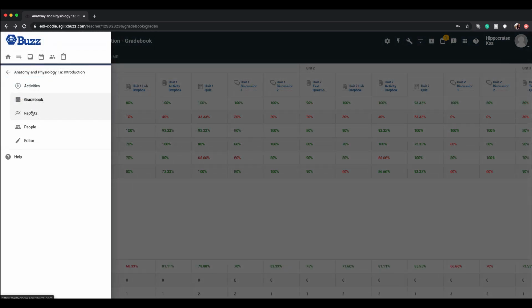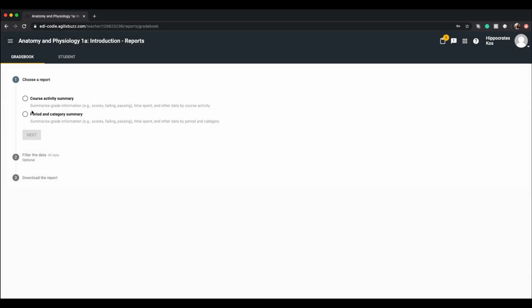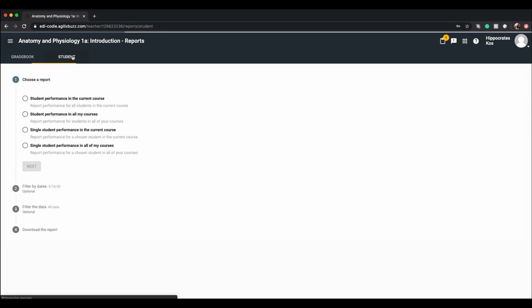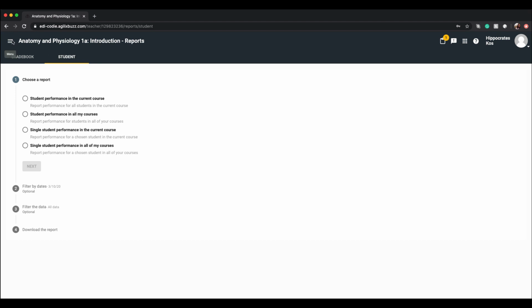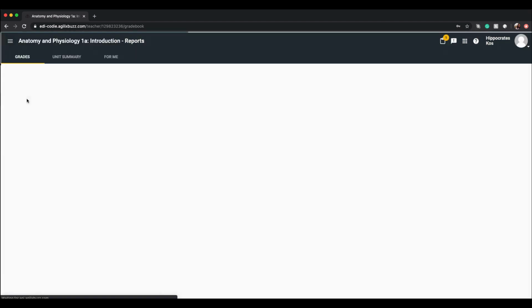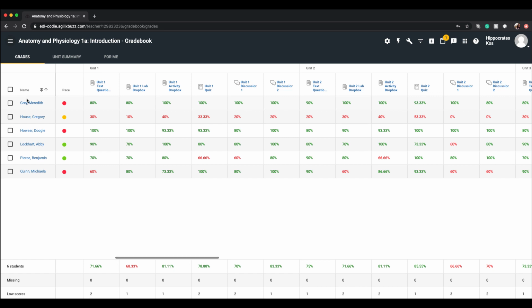Having the ability to pull reports is also essential. You have the ability to pull gradebook summary reports on the whole class, as well as individual student performance reports. These are just a few of the key teacher materials and resources available to you to help drive instruction and